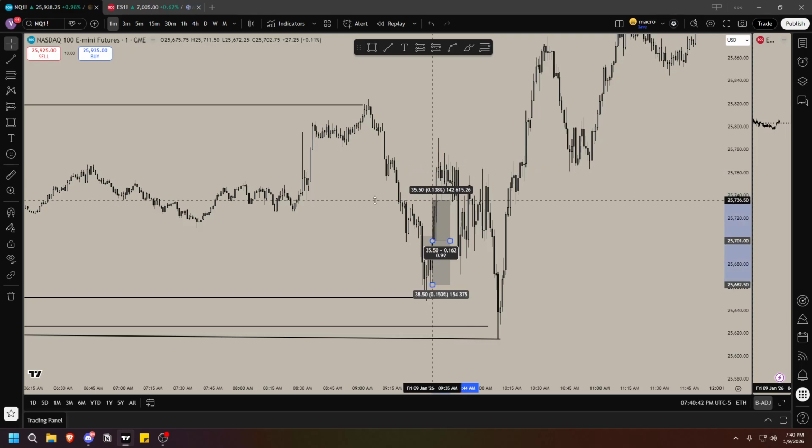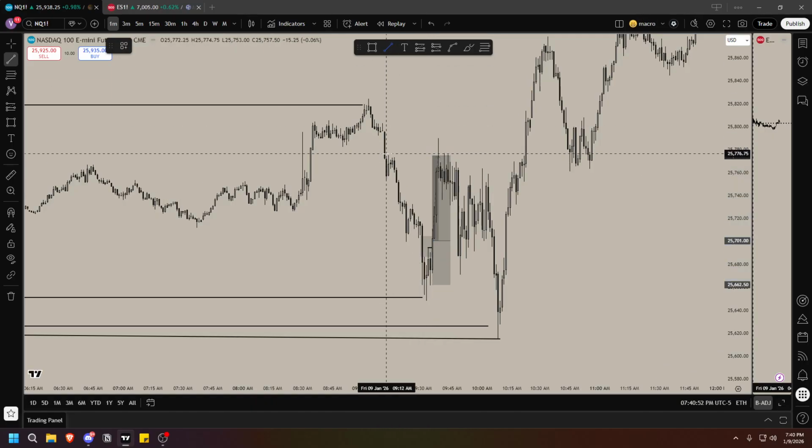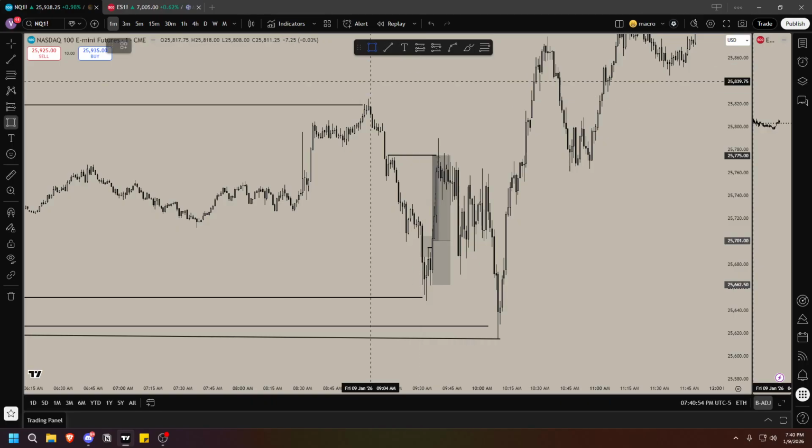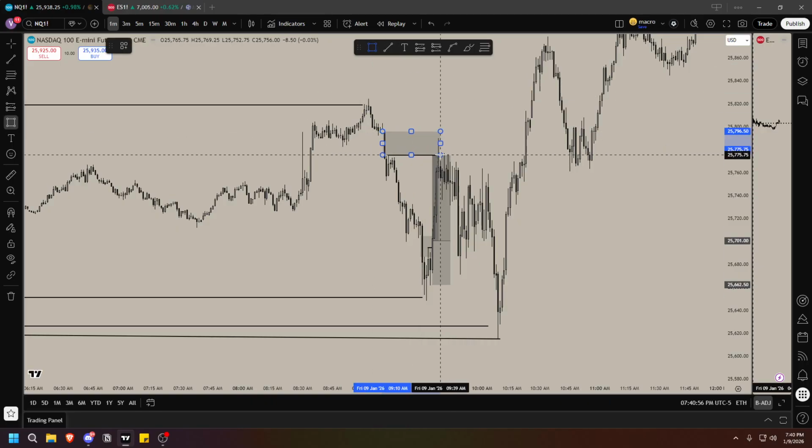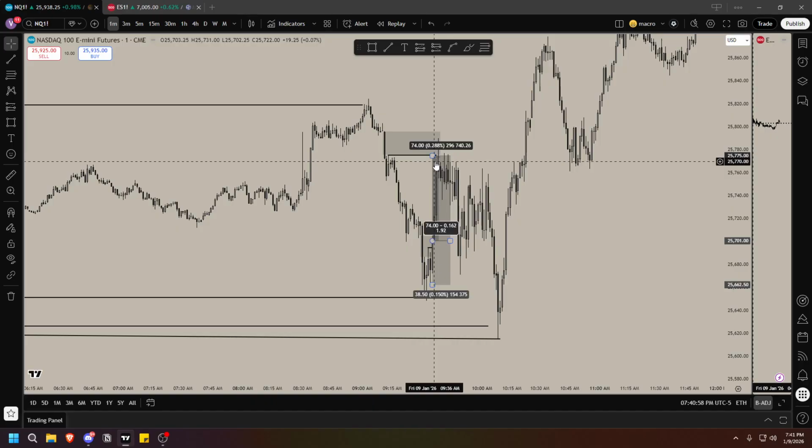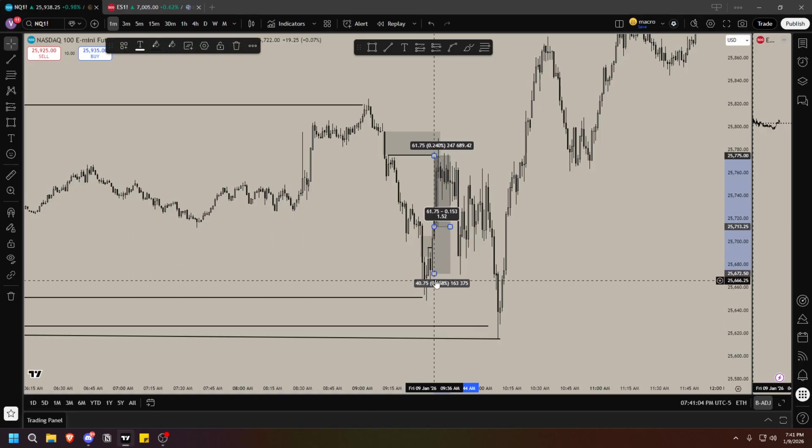But overall, if you're going for a base 30 points, you would have been met instantly on the next candle here. If 1-to-1, it would have been met. Let's say you were targeting the SIBI, it would have been met. If you were targeting these accumulation highs right here inside the SIBI, boom, price would have met it perfectly, and you would have hit TP for almost 1-to-2. You would have been safe, so long as you had your stop loss below here.